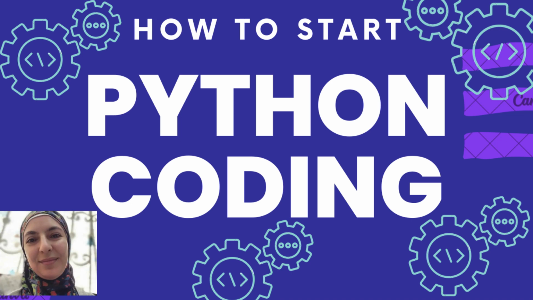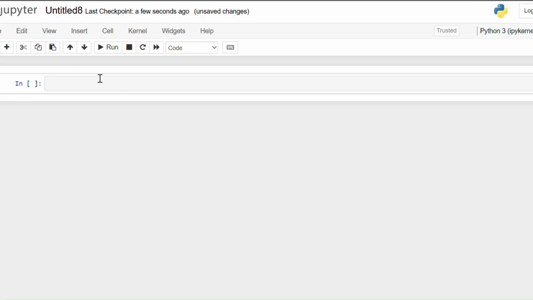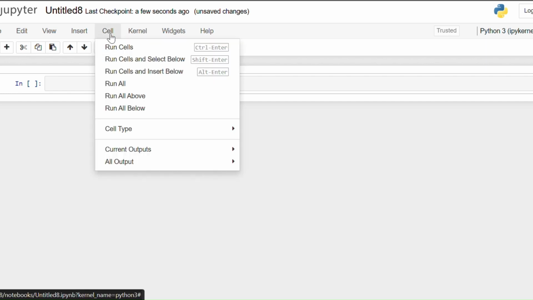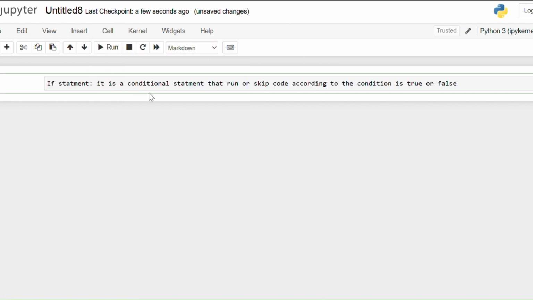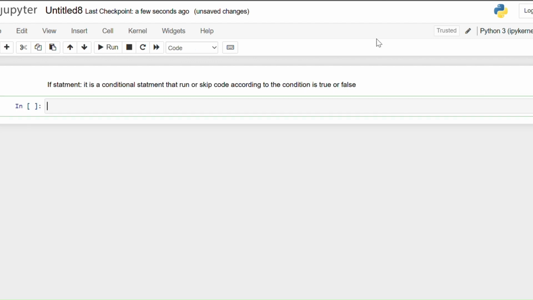Today we will start how to start Python coding. Today we will talk about the if statement first. I will make a markdown cell from cell type markdown. A markdown cell is not a coding cell, it's a cell where I can write a statement. The if statement is a conditional statement that runs or skips code according to whether the condition is true or